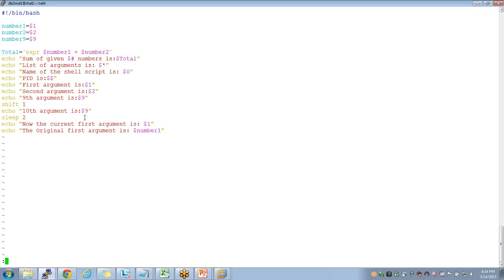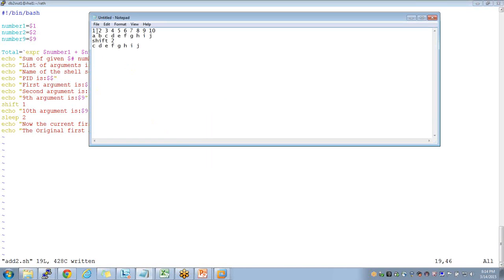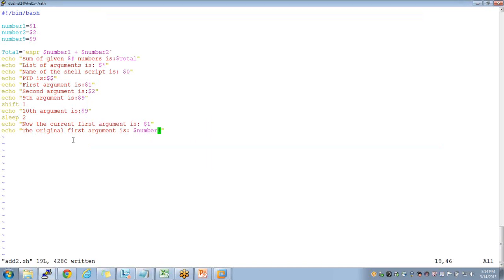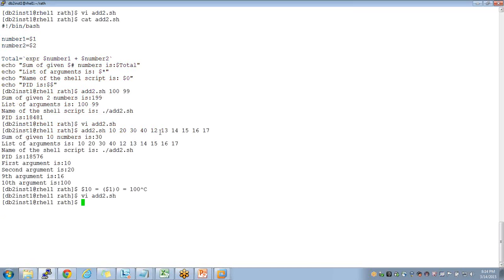But after the shift 1, the second will be the 1 now, right? Even though the second will be the 1, it holds the $1 position. So if we were to use $1 at some point in the script, like you said, I will have to store it somewhere and call it again. Like here, at number 1, we are storing it here. Now, if I run this,